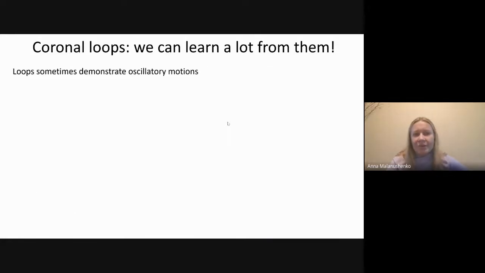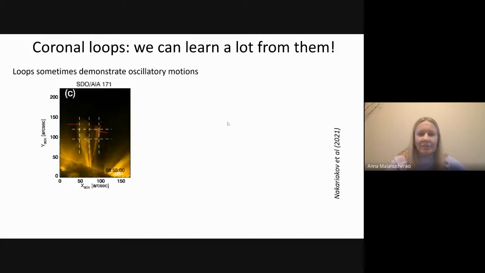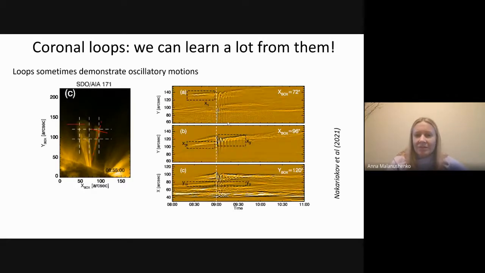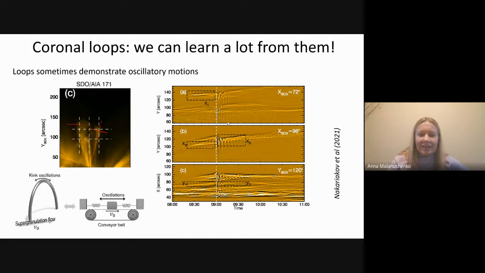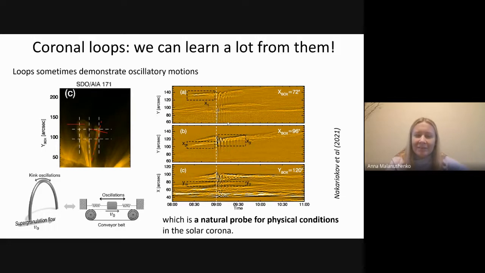Or, for example, loops sometimes demonstrate oscillating motions, and we can study those oscillating motions. And we can model kink oscillations, and there is a lot of good math in there, but it's basically a very good probe for physical conditions in the solar corona.